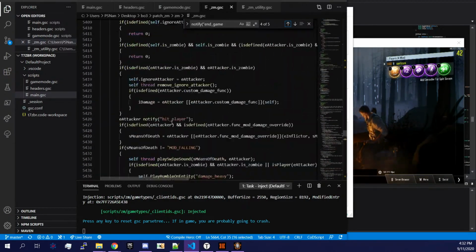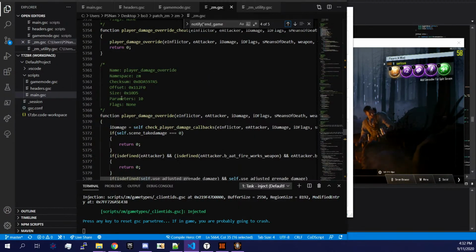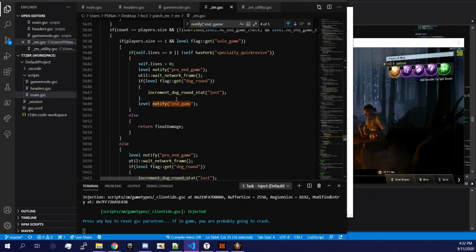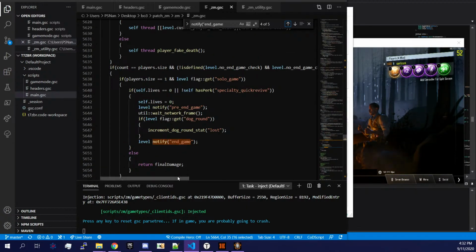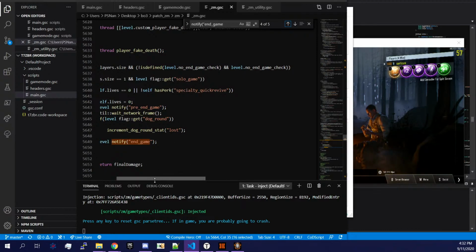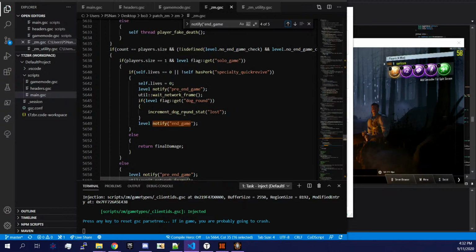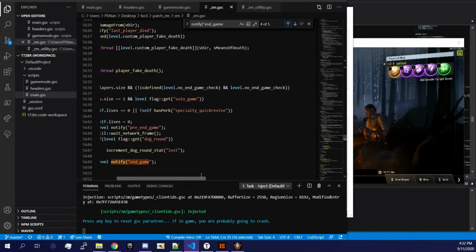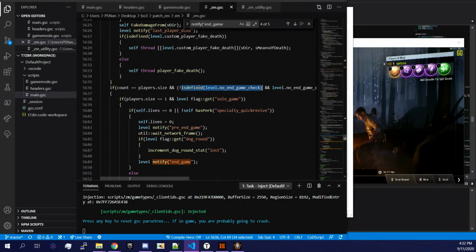Wow, this is a complicated function. What is this? The damage override. That's what's ending the game. Wow, what? But still, level no endgame check is defined. Oh, they coded it wrong, right? If not is defined, no game check, and no game check. That never returns false. Wait, no, that never returns true. What the fuck? Maybe this is supposed to mean that? Hold on, let me...